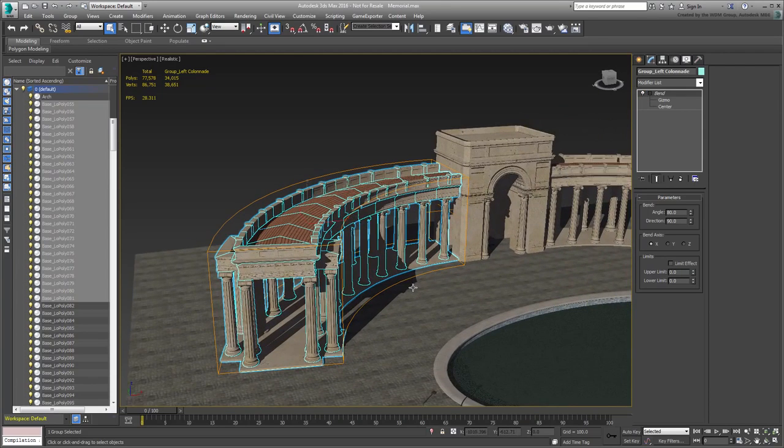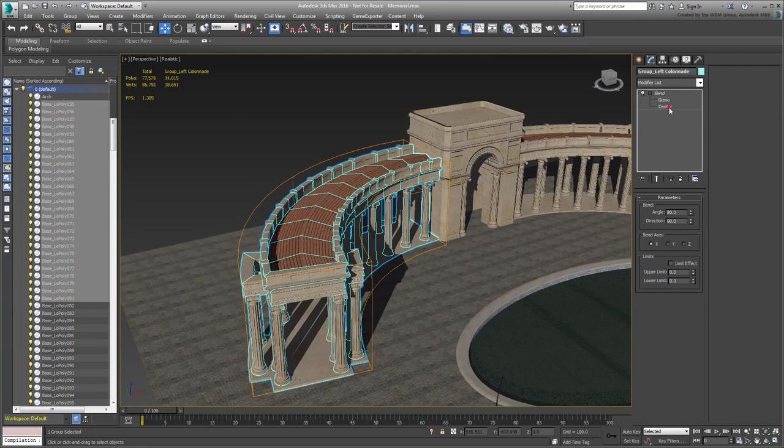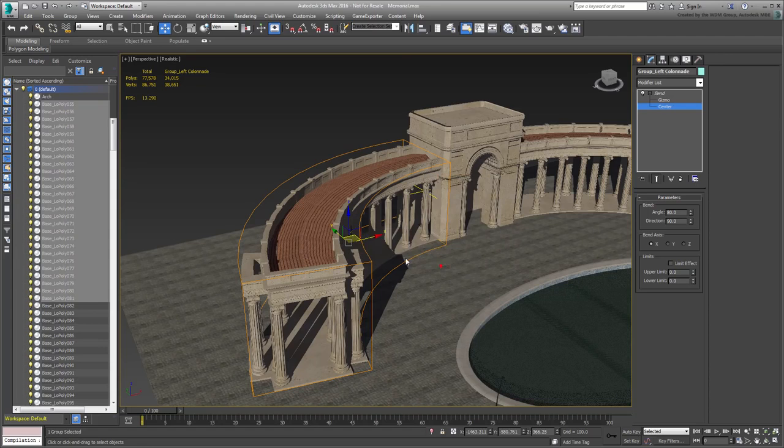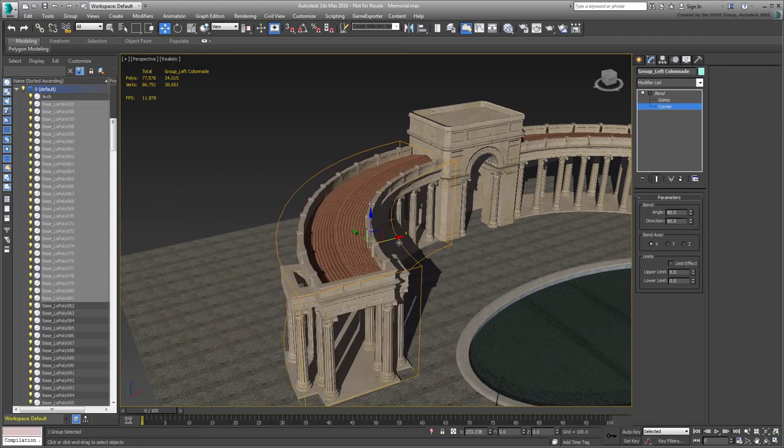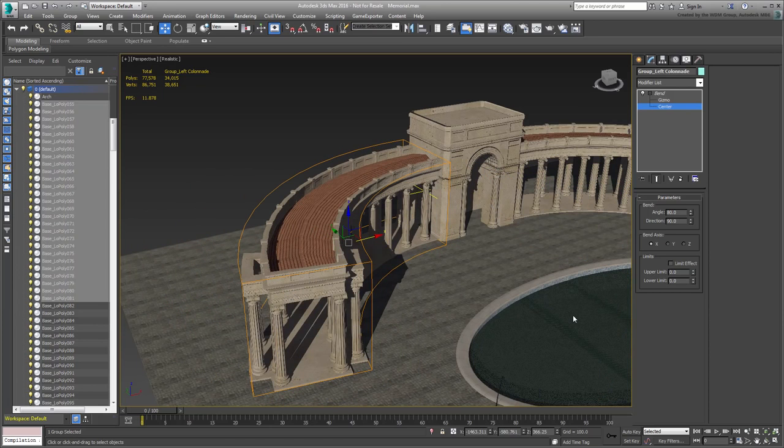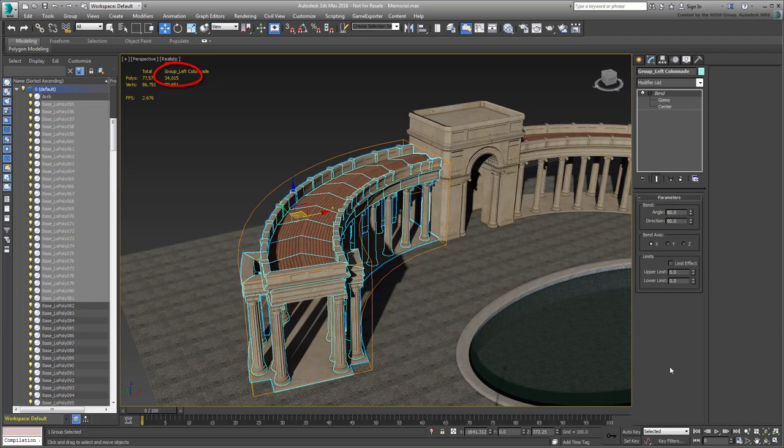It is worth noting that the bend modifier's center location was relocated to have the group bent from the arch's wall. Each colonnade group has 28 columns, and in addition to the other parts, we're still at a meager 34,000 polys per colonnade. The whole scene, for that matter, which includes the colonnades, the center arch, the pool, terrain, and other